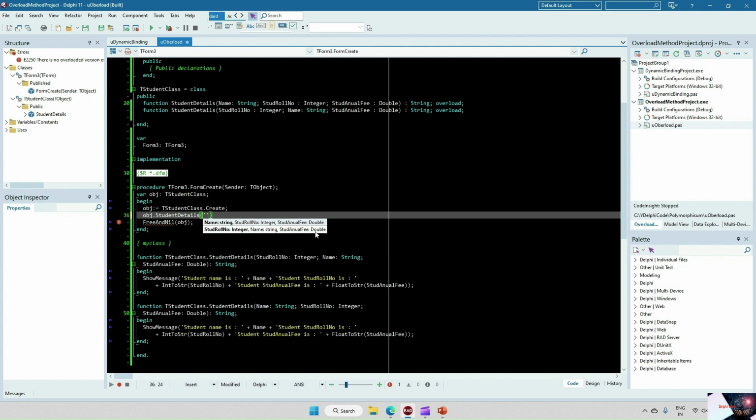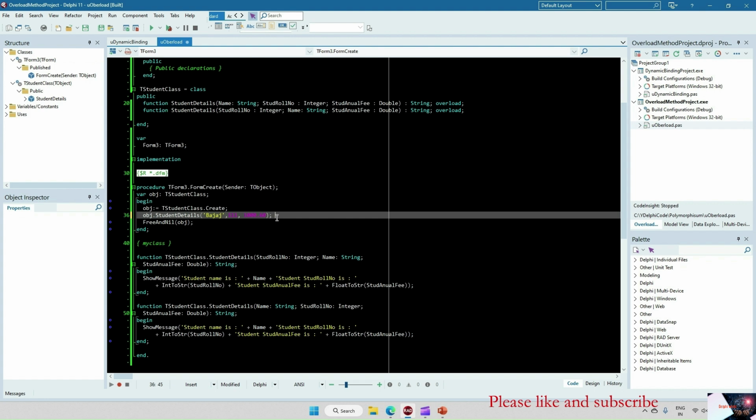The first parameter is name, so I'm passing Bajaj. The second parameter is roll number, suppose 111, and the third parameter is annual fees, so I'm putting 10,000, 10,050. Now next is